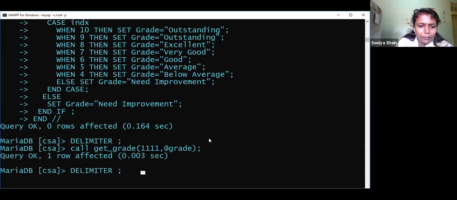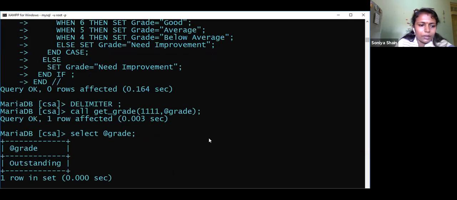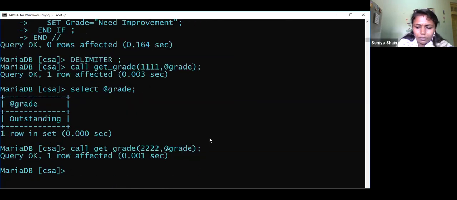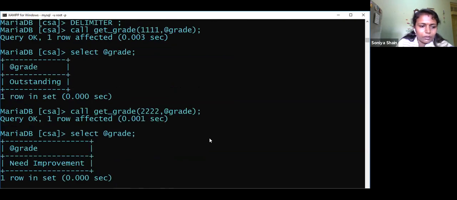Let us see what is coming. I will print the value, select grade. The first student we have seen is outstanding. He has more marks. It is outstanding, and I think it is for 2 only. It is less marks, so let us see what comes for that case. So it is need improvement. Like that it will go.